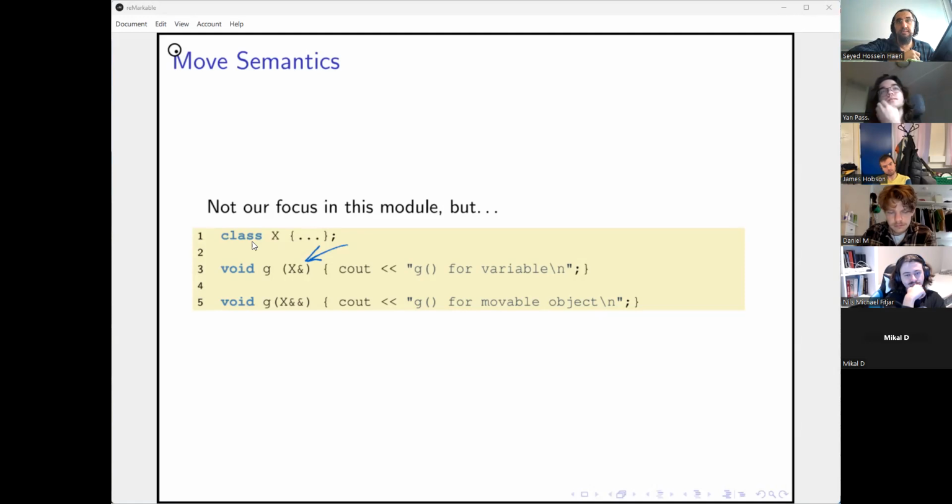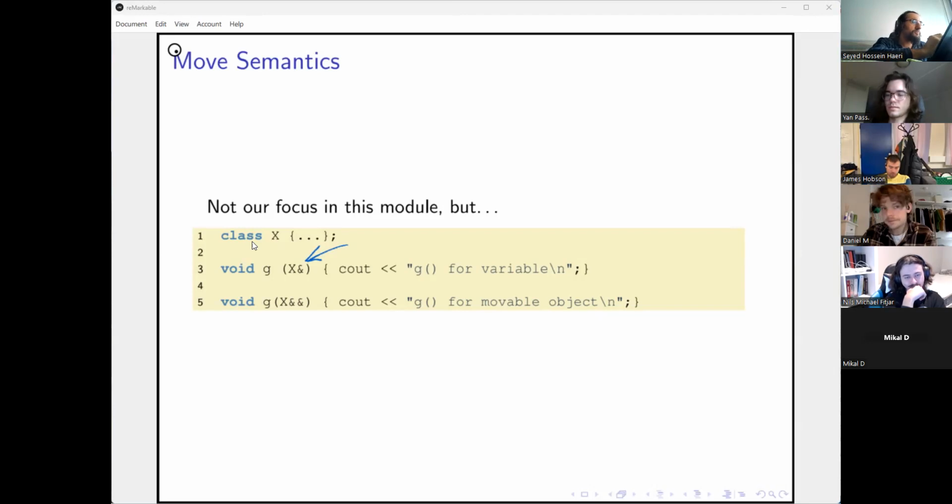There is something else which came out in C++11, and by the way, these numbers: C++11 is the C++ standard of 2011. So right now the latest standard is C++23, which is for 2023, right?